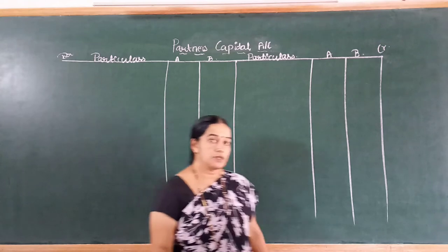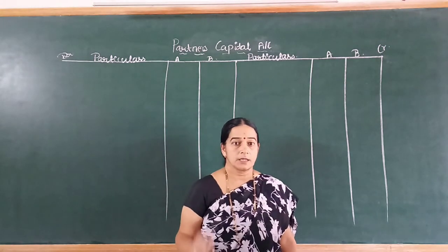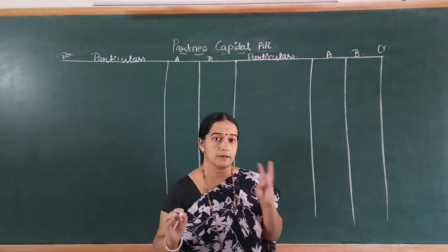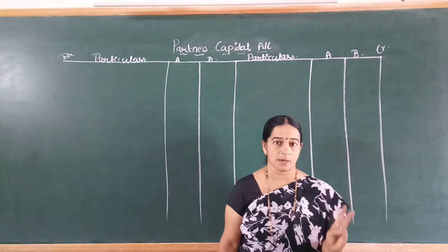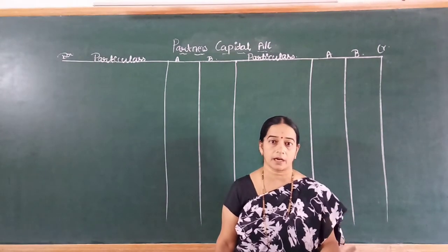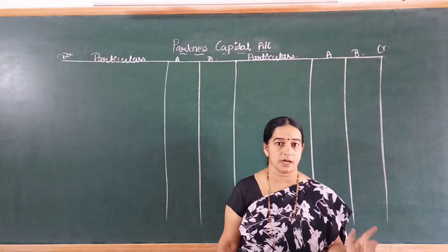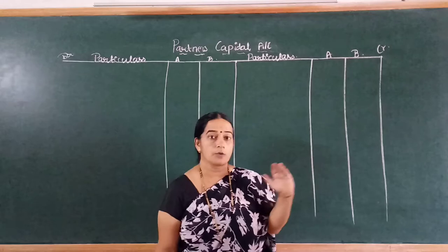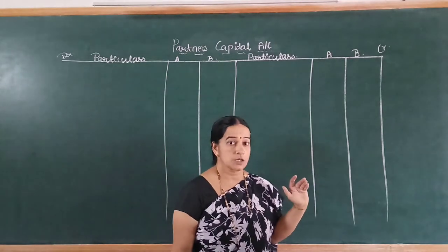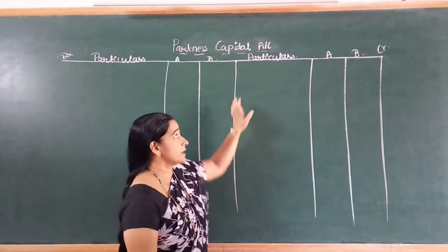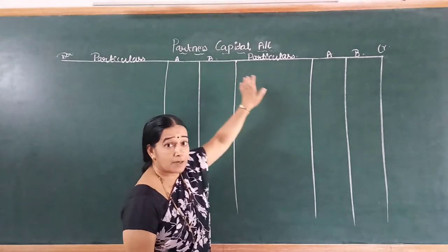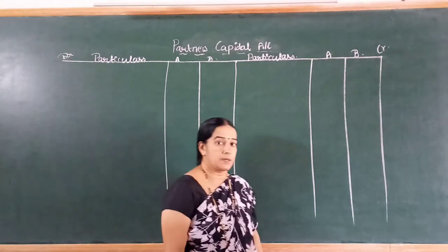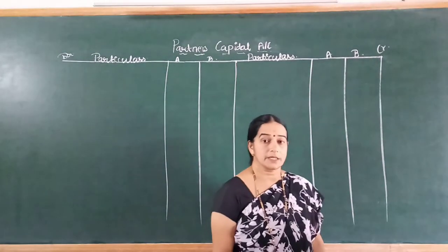So, in the case of dissolution of a firm, there are three main ledger accounts to be prepared, that is realization account, partners capital account and bank account. In my last class we prepared the realization account. In today's class I am going to teach you how to prepare the partners capital account. Why do we prepare it? To know their capital balance.